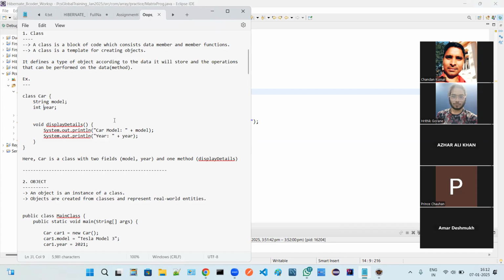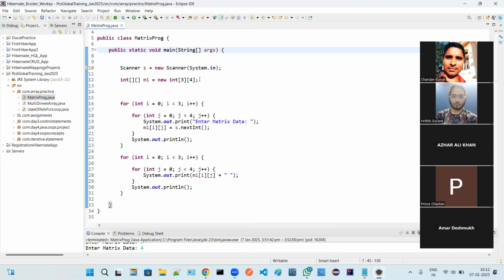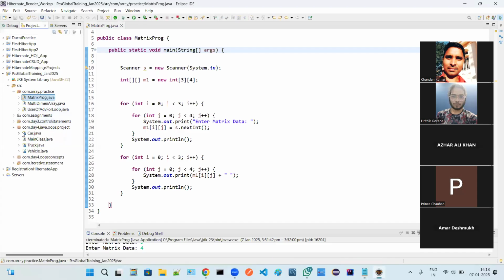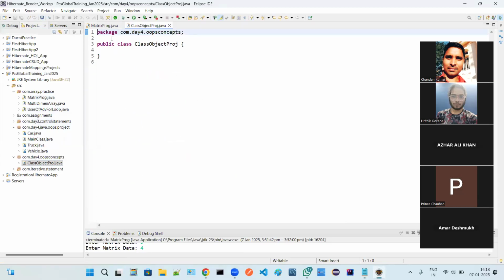So as for the example, let me go with this example. This is the project OOPS concept, class and object.